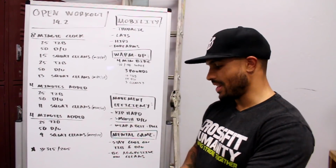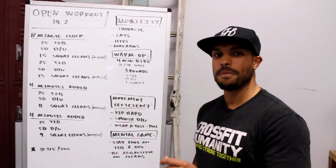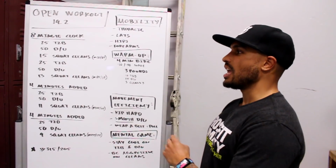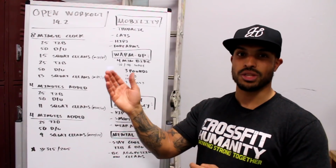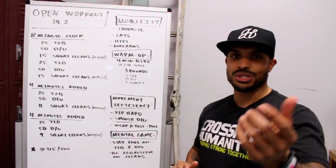Now, getting right into the end of it, the mental game. I mentioned it earlier with the double unders, but stay cool on the toes to bar and the double unders. If you are just falling apart on not only double unders, but the toes to bar, and you're trying to go really fast and you're risking the chance of getting no rep,